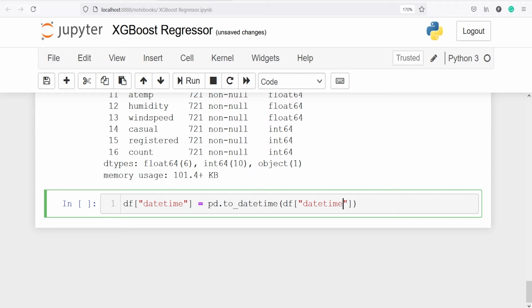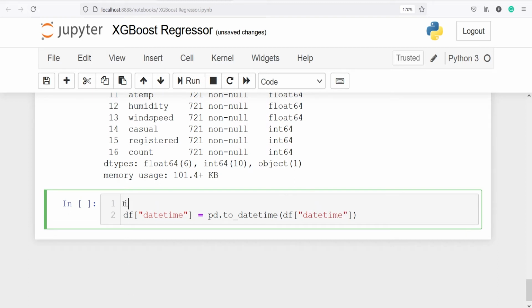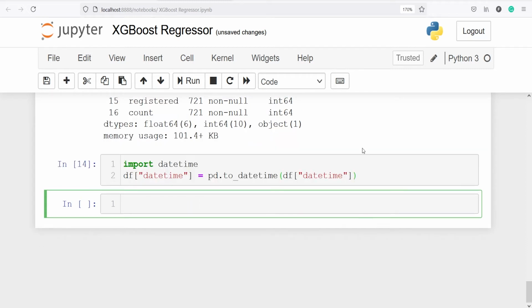For that, first we need to import datetime. So I will write import datetime. Now let's execute our code. This is one way of doing it, and there is one more way I'll show you. df of datetime dot apply.